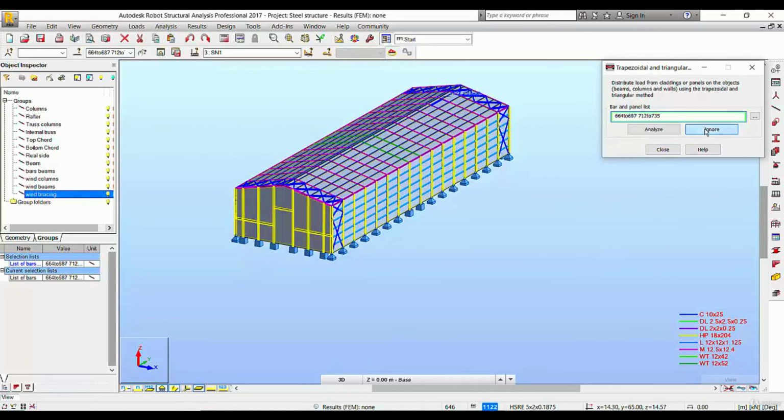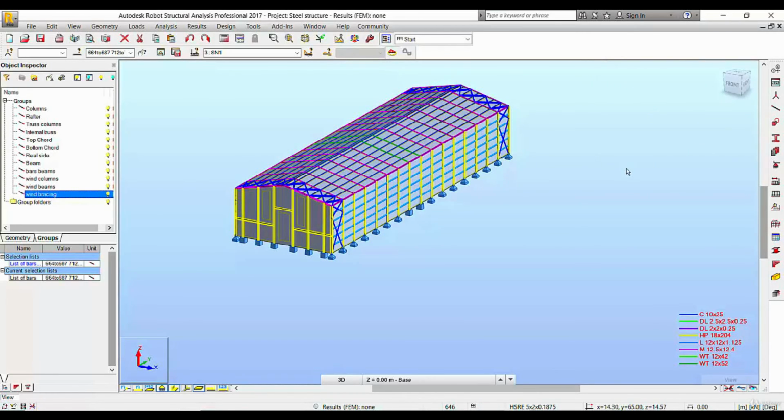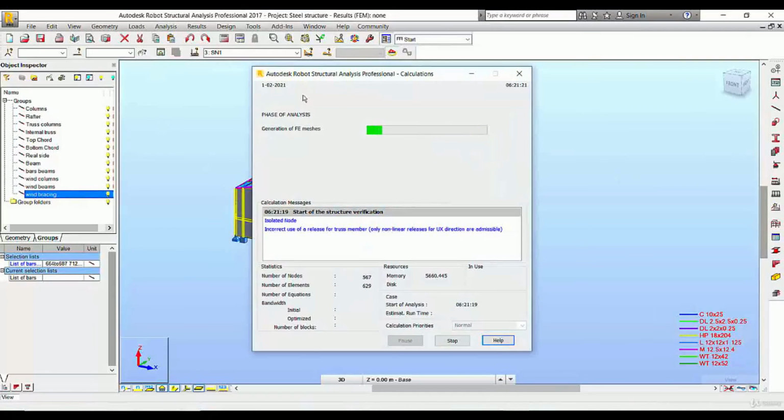So ignore, and we press close. Now we can press here on the calculation and the Robot begins with the calculation of